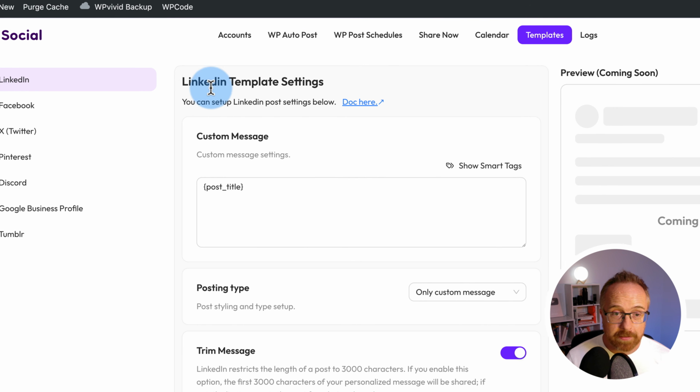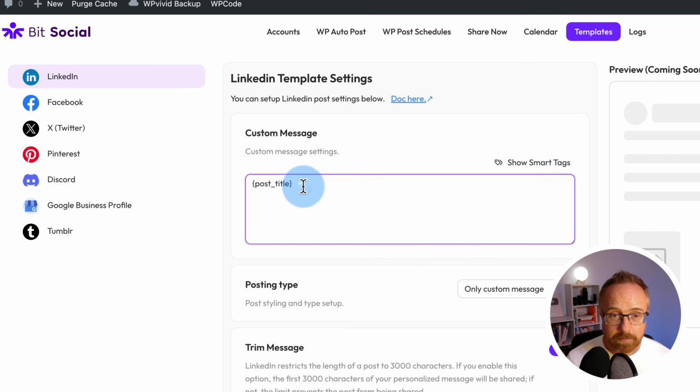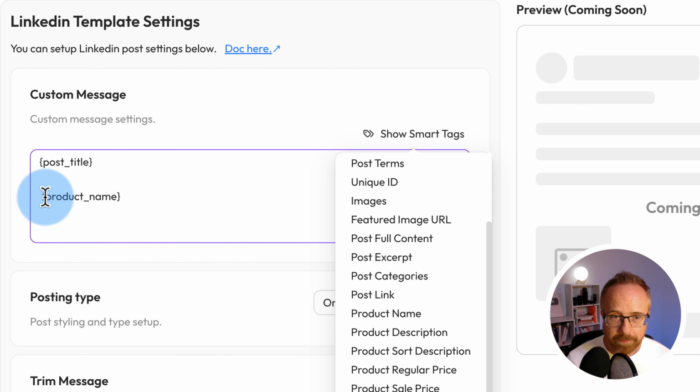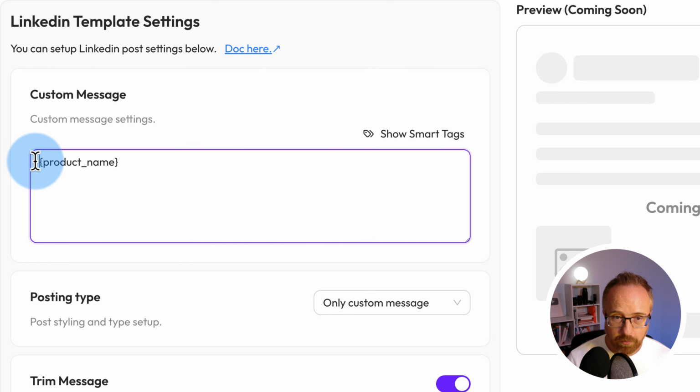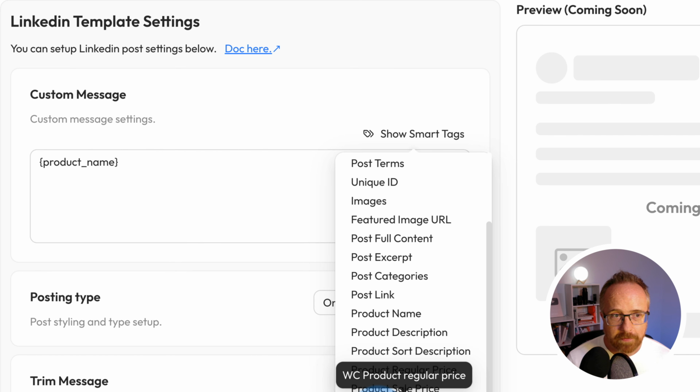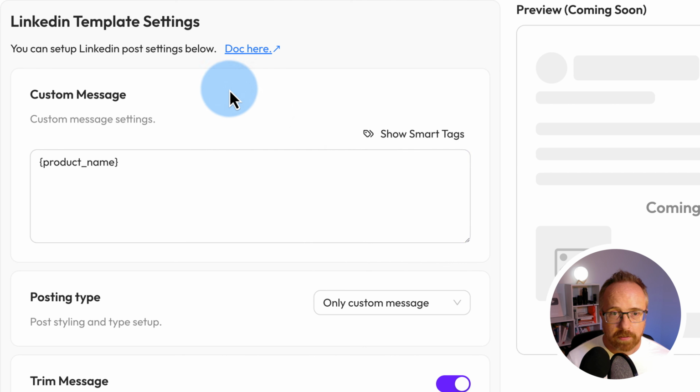So there are no save buttons. Here we customize a LinkedIn post. It pulls in the post title. In fact, I want to change that to be product name because we're not publishing posts, we're publishing products for this setup right now. So far, I don't see a way to have separate post types or separate templates for